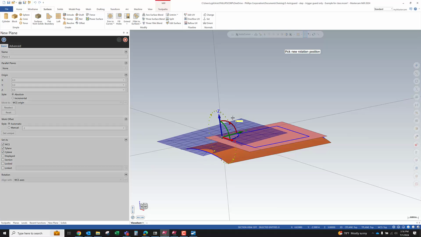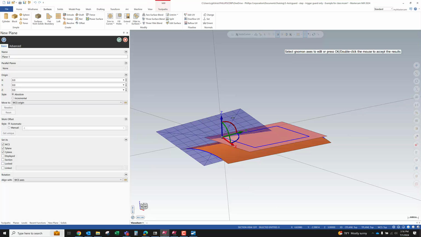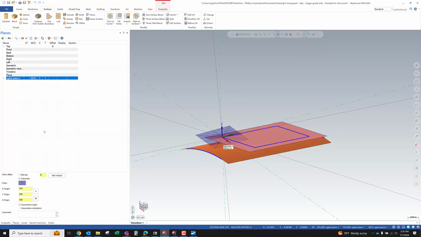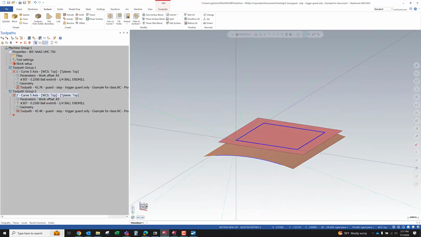12.241 degrees. So this is a compound angled plane. Let's call it angled plane 1. And I'm going to make sure the top is my WCS and my tool and construction plane is set to that tool plane. And then in my toolpath,